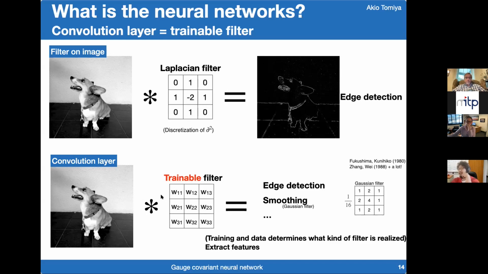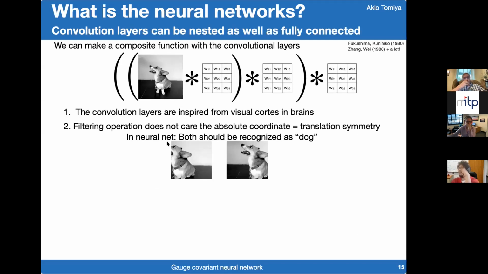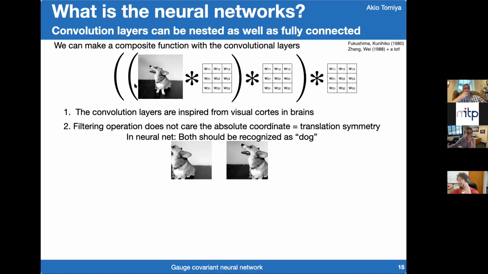And if we perform the convolution filtering with two trainable filters, we get some images that depend on the training. For example, some filters give an edge, and some filters give a smoother image if the filter is trained as a Gaussian filter. This happens in the convolutional network. And of course, we can stack that structure as in a usual neural network, and we can repeatedly apply these trainable filters. Of course, the filters can be different in each layer.